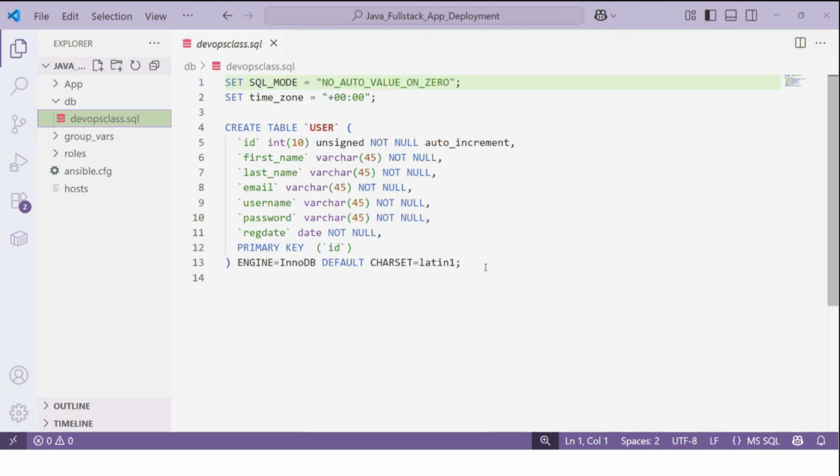Once the database is created, we can upload this file to Ansible and execute it so that it will create the tables for us automatically. We don't have to do it manually. So these are the schemas, the structures of the tables. Now, if I go back to the roles again,